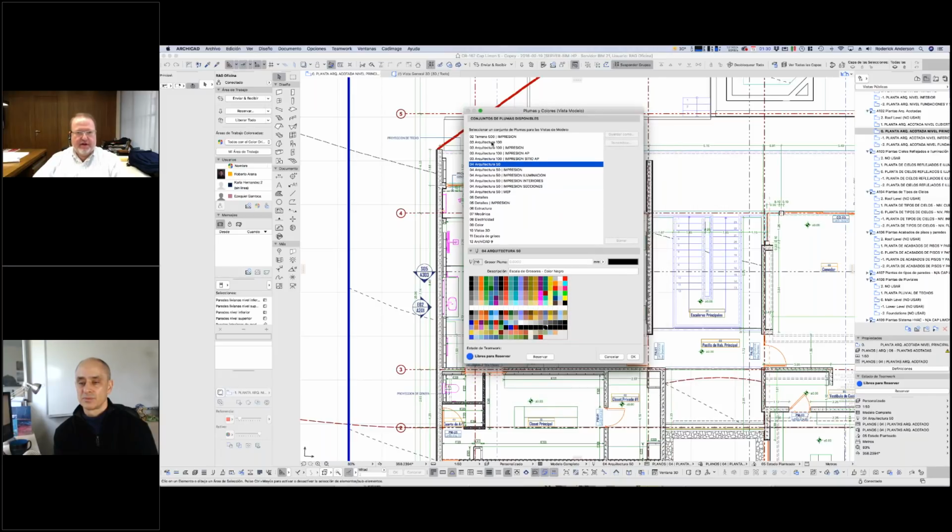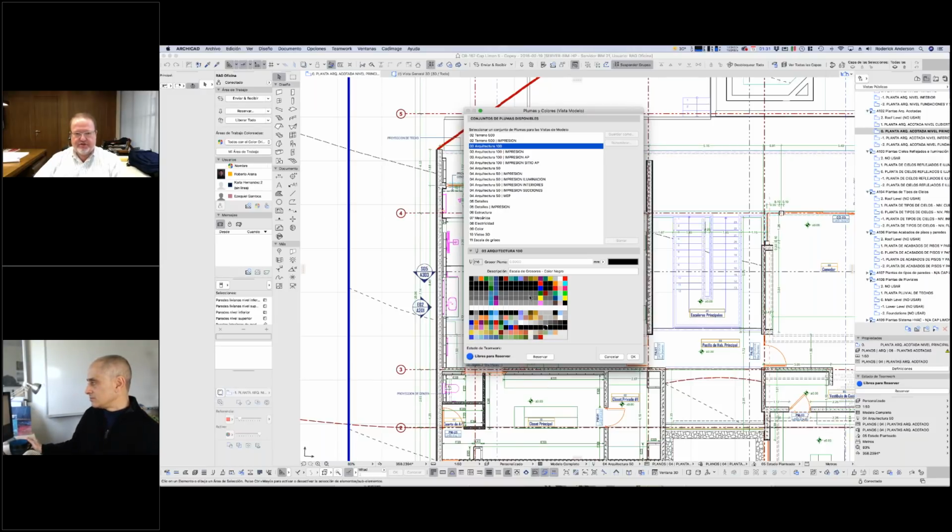Number one, we have one variation, which in this one says Architecture 50. Of course, we work in metric, so for us this is 1:50 scale. And then we have another one, which is Architecture 100, for smaller scale plans. In here we have slight variations where we may not want that much color when we're working on a smaller scale. So that's one change that we make. Then if I go back to the 50,